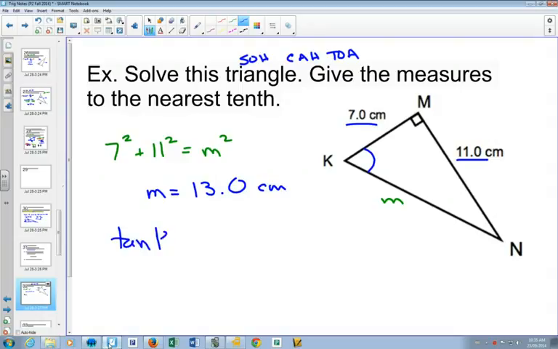Tangent of angle K, the definition for tangent is opposite over adjacent. The opposite is 11 over adjacent, and the adjacent side is 7. Because this part here is our hypotenuse, and that won't change no matter which angle we use. So if you took tan inverse of both sides,